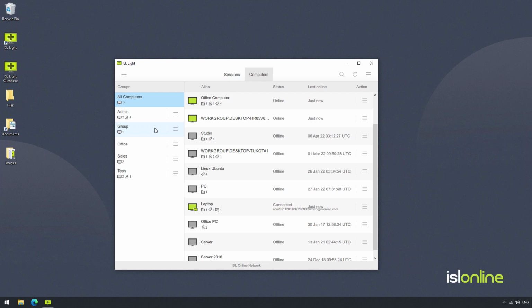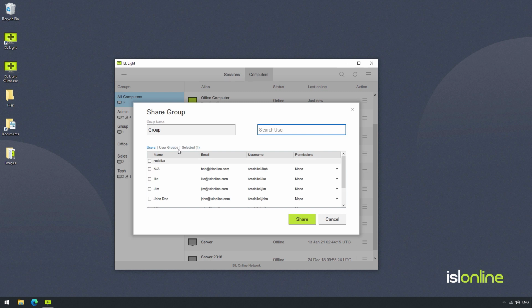In this video, we're going to show you how to share computer groups with other users in your account, as well as a couple of useful features that help you keep your shared computers organized. Now, there are a couple of options for sharing a computer. We recommend sharing computers via computer groups by clicking Share from the Computer Group drop-down menu.